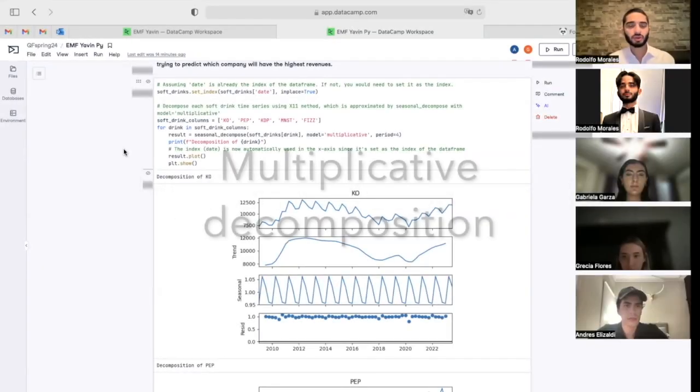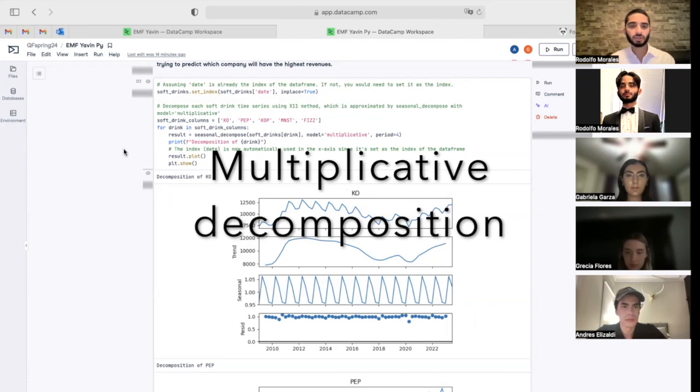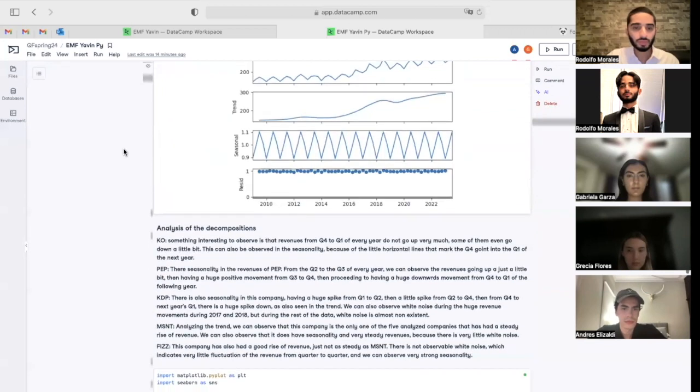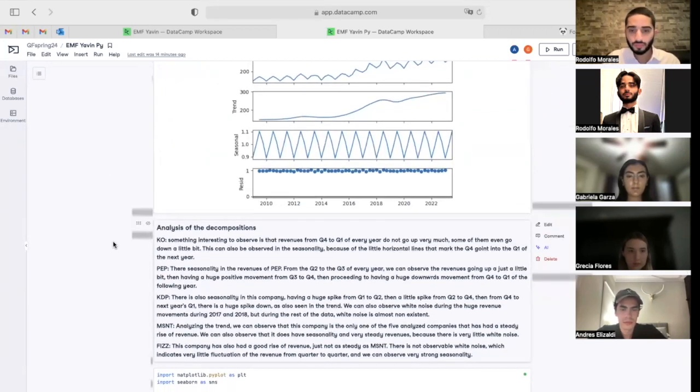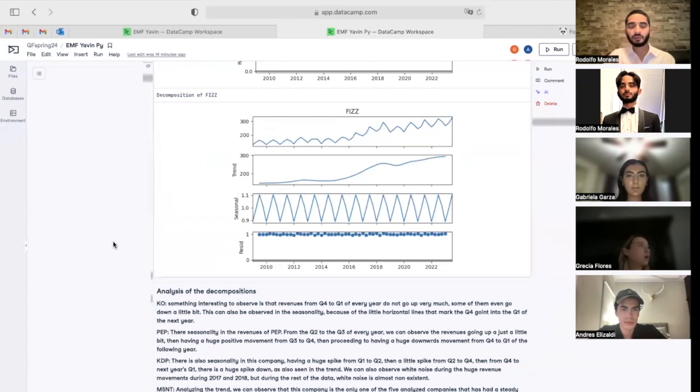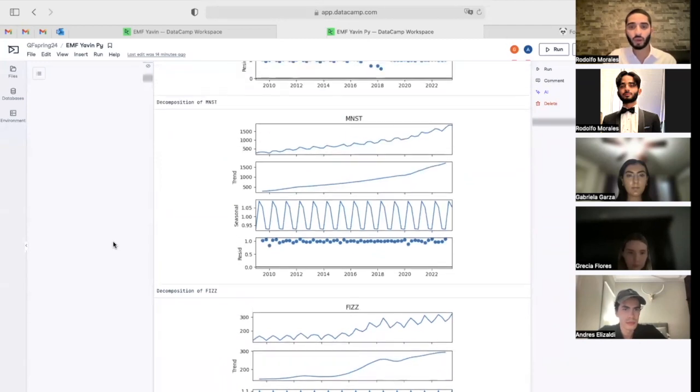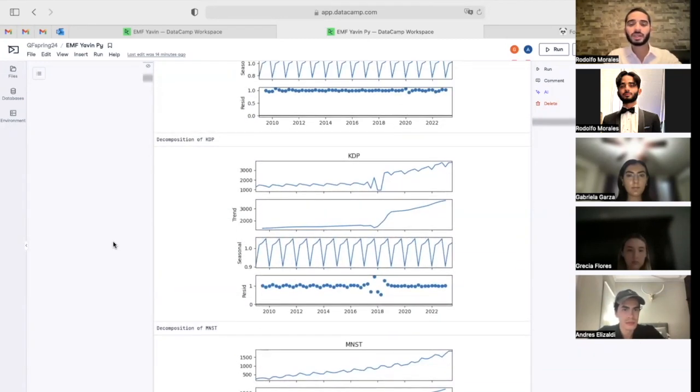In this section, we are going to show the decomposition of the 5 companies using a multiplicative method. Some things worth mentioning are, for example, that the 5 companies have seasonality and almost none of them have white noise, which means that the revenues have a very steady movement. The only company that does have white noise is KDP, Dr. Pepper, which if we see in the year 2017 and 2018, the revenues have a downward and upward movement before